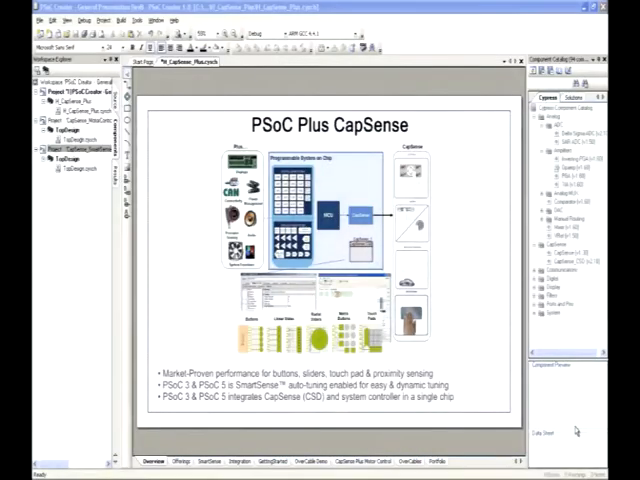I'm here to introduce our new touch sensing solution enabled by our latest programmable system on chip and PSoC Creator software. The new touch sensing solution is based on PSoC 3 and PSoC 5 products. Now, let me use 5 minutes to go over a presentation that introduces the PSoC plus CapSense solution built in PSoC Creator